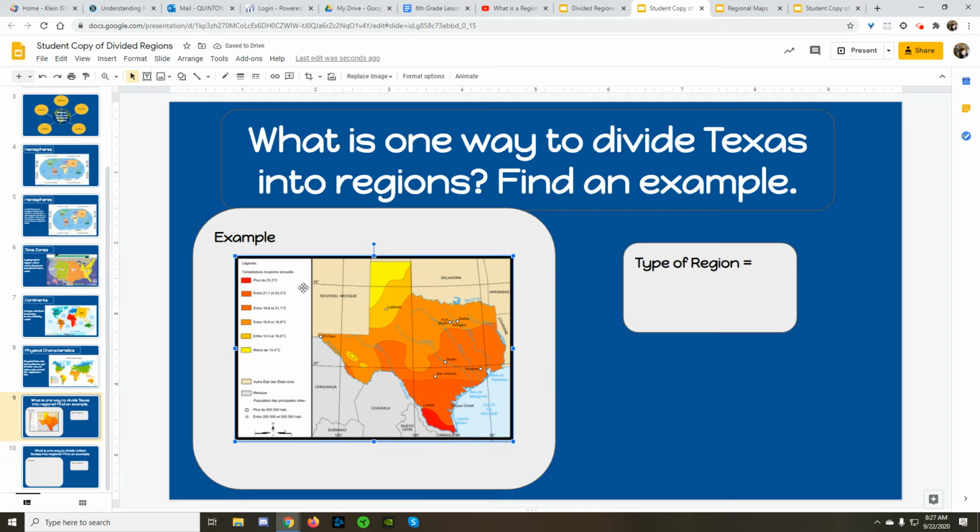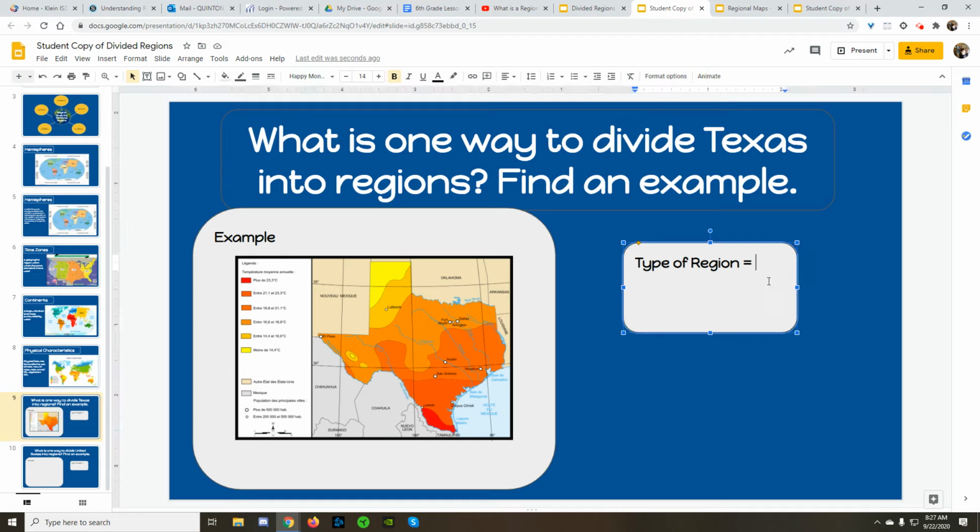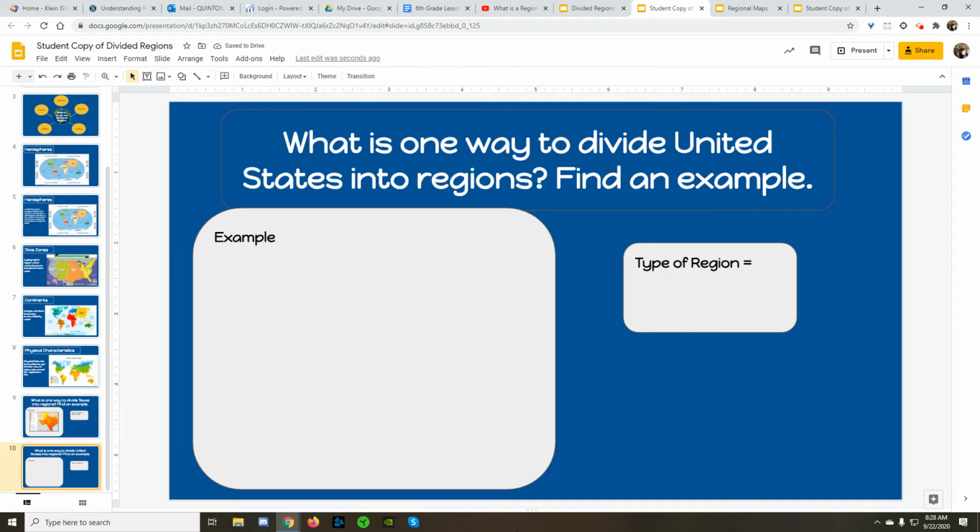Okay, so now we can see that we can divide Texas into different kinds of temperatures. And so here we have made our own climate map. What about the United States? Well, let's see. How about if we do